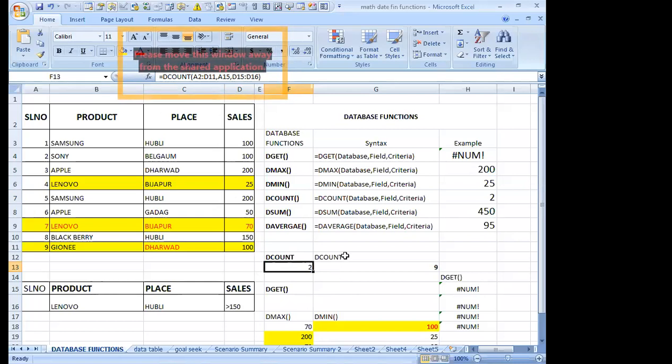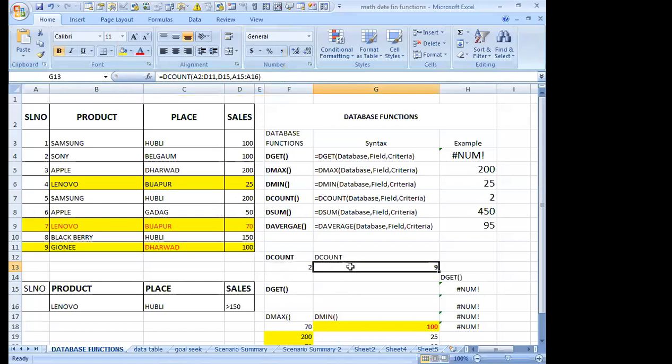It is counting the numerical cells for the criteria. What is the criteria I gave? Now, if I am changing this criteria to 100, see the answer now? It is displayed 3, because I gave more than 100, not equals to 100.